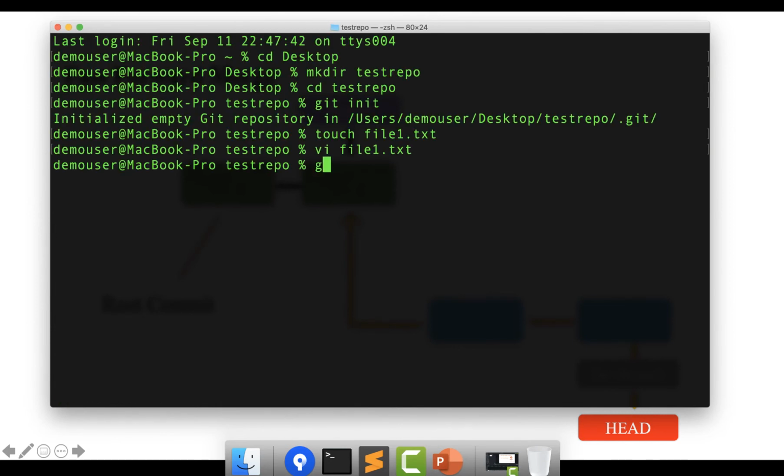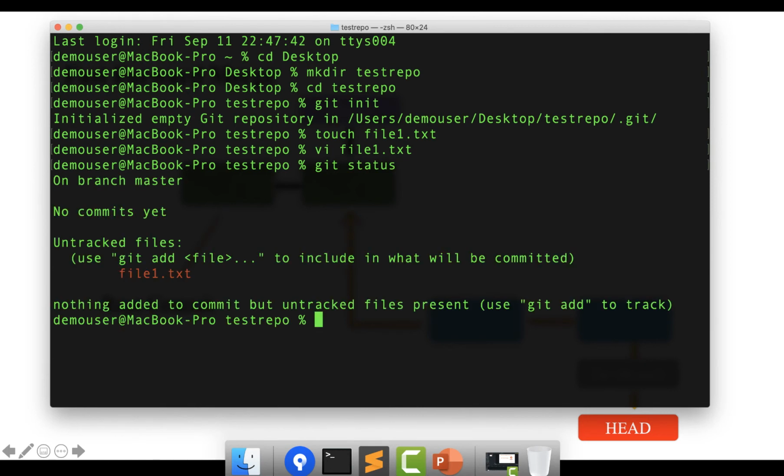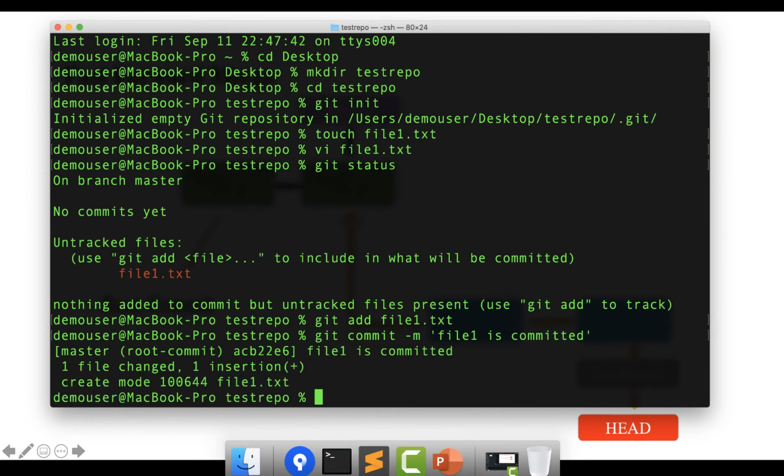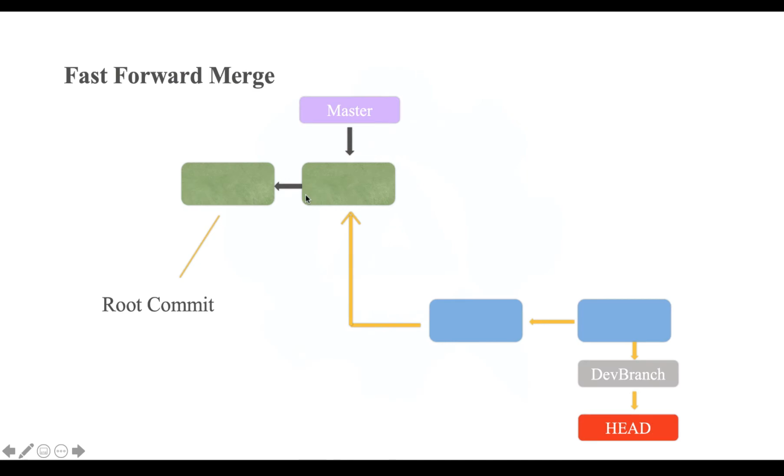Once I do git status, you can see there is one file that is untracked, so I will add it. I will do git add file1.txt and then a commit with the message file 1 is committed. You can see a commit has been created, which means this file has been pushed to the git repository.